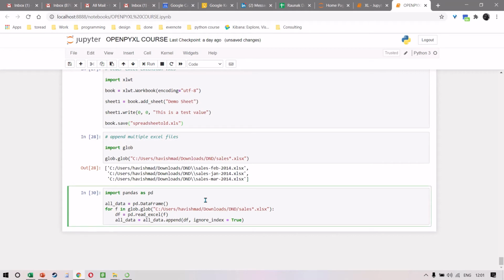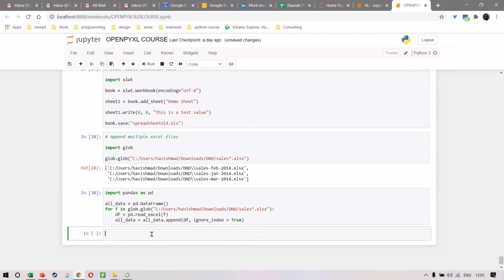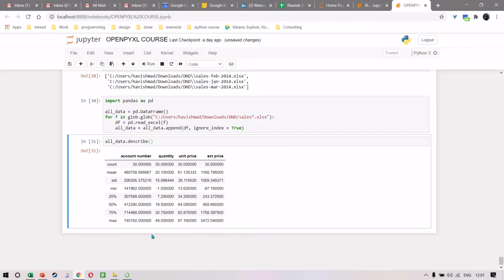Now, right now you don't see a result, but when I write all_data.describe, you will see it tells us there are 30 values. Remember, we had 10 each in all the 3 files, so this is the 30 that you're able to see.